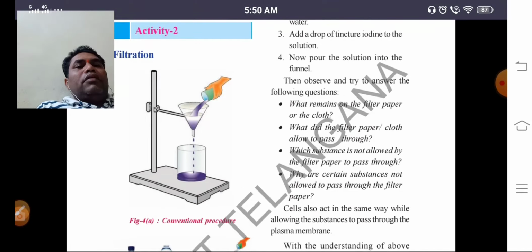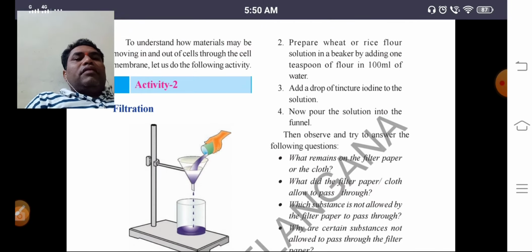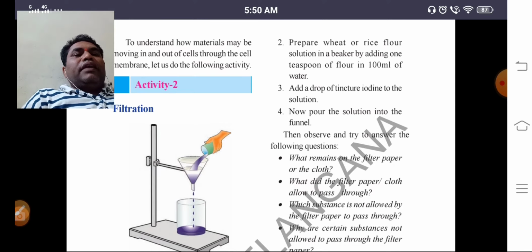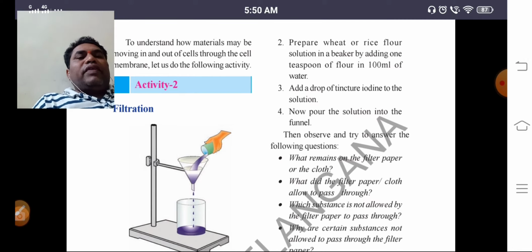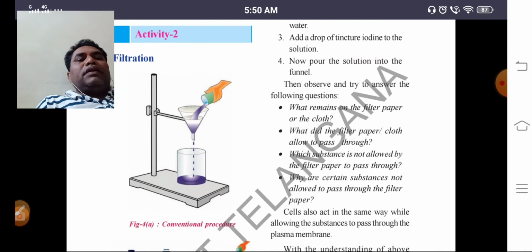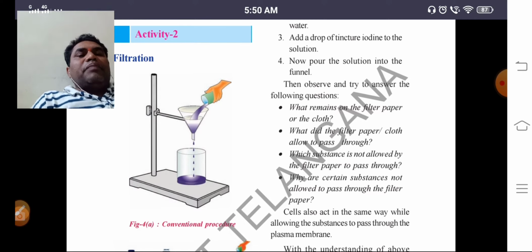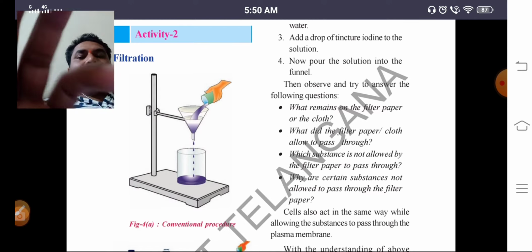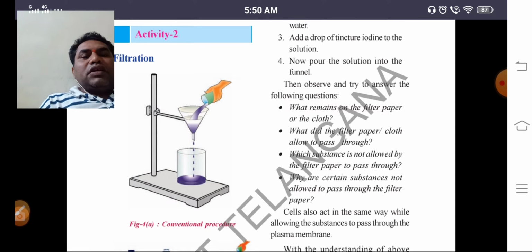Prepare wheat or rice flour solution in a beaker by adding 1 teaspoon of flour to 100 ml of water. Add a drop of tincture iodine to the solution. Now pour the solution into the funnel, then observe and try to answer the following: what remains on the filter paper and the cloth? So, when we prepare the starch solution,